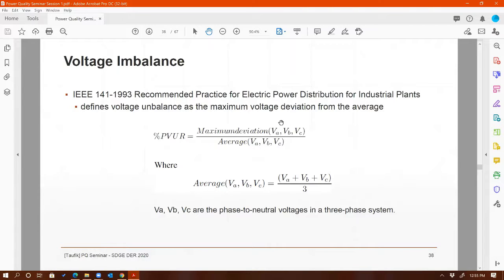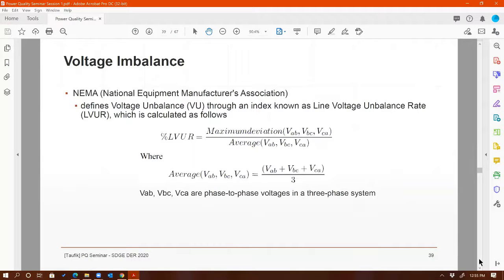This is phase voltages, I believe, divided by the average value, right? Where the average value of the three phases is VA plus VB plus VC over 3, right? And then you just plug into that equation. That's the second method. The third method is by using NEMA equations, which define mathematically percent imbalance to be